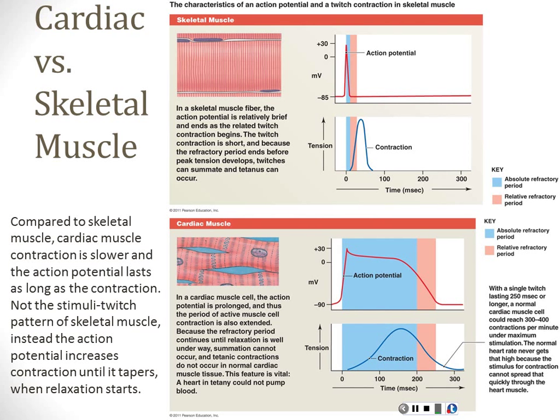Otherwise, we wouldn't be able to do all the complicated things we do. The heart doesn't have to be quick to do anything. It has to be consistent, right? So for the heart, the action potential and the response to that action potential look very different than they do